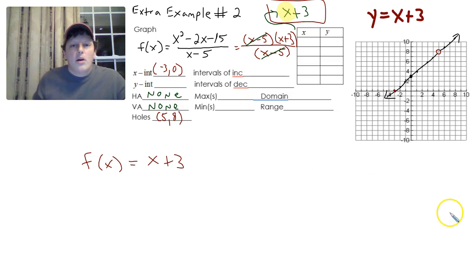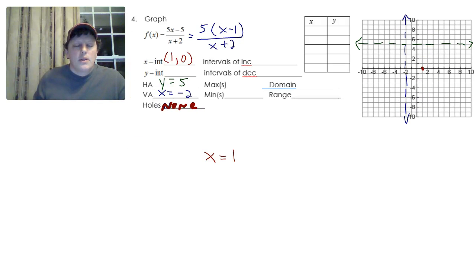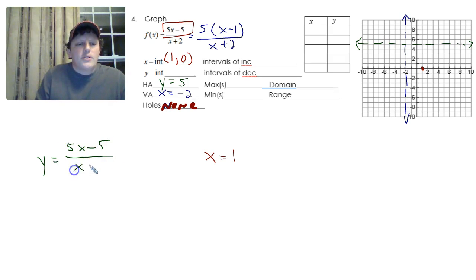Now, I want to talk about why this works. Let's go back to example number 4. Why are we only setting the numerator equal to 0? Why not the denominator? Well, if you go back in time and think about how you find x-intercepts in other types of functions, to find an x-intercept, you let y be 0 and you solve. So if I have this function y equals 5x minus 5 over x plus 2,